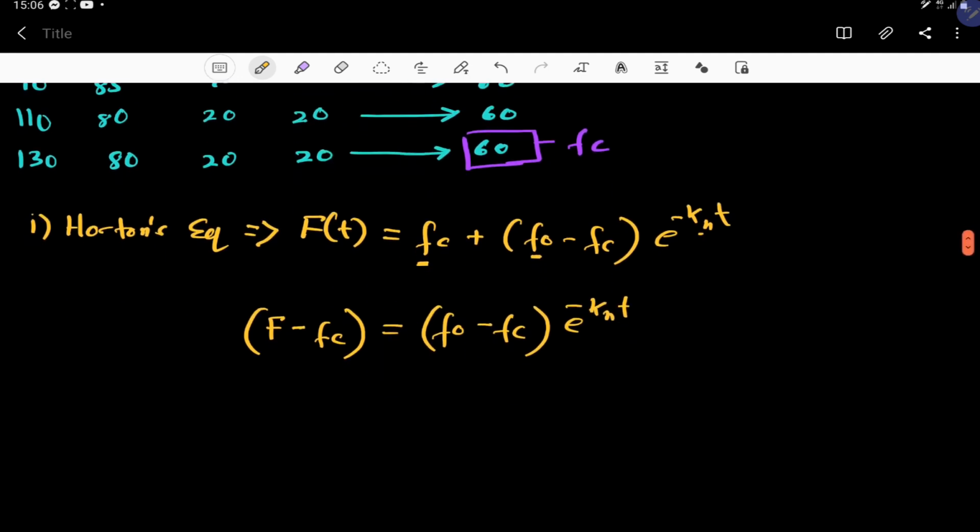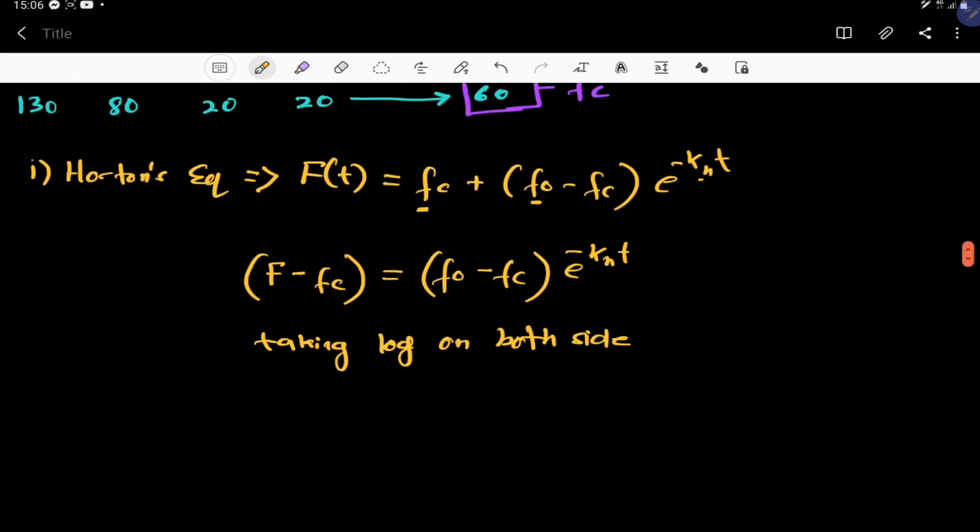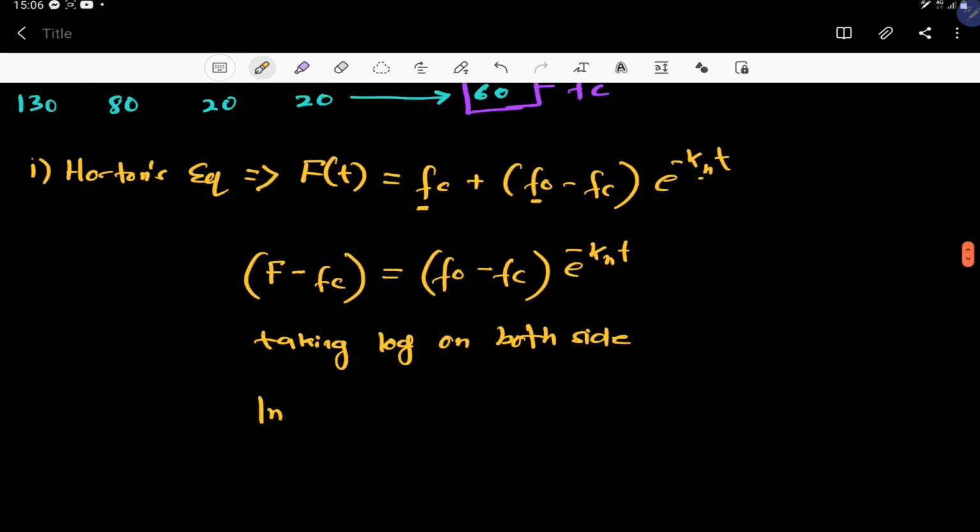Now taking the logarithm on both sides, I'm taking natural log, so ln of f minus fc is equal to ln of f naught minus fc